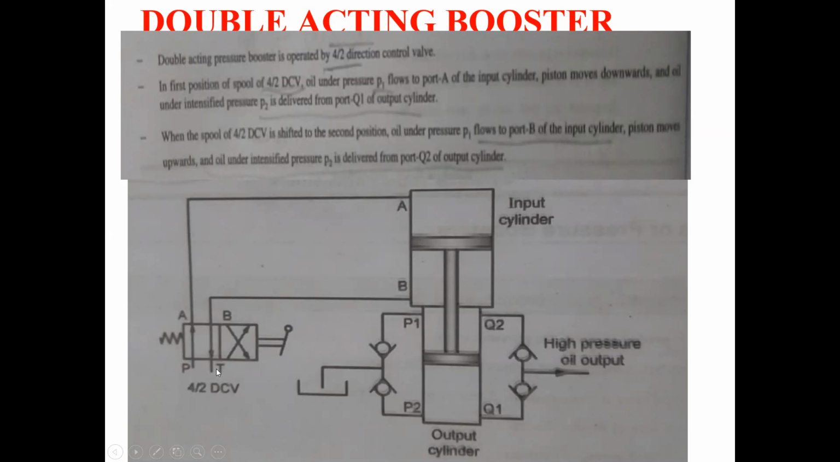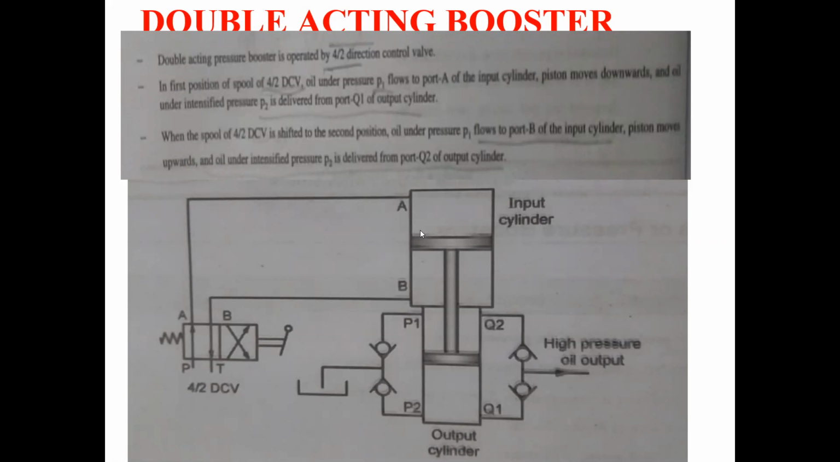Here 1, 2, 3 and 4. So it is a 4-way 2-position direction control valve. The only difference is that we again connect this input line to this high pressure output cylinder and this direction control valve. These are the only changes in that double acting cylinder, and oil is present at both the sides of this